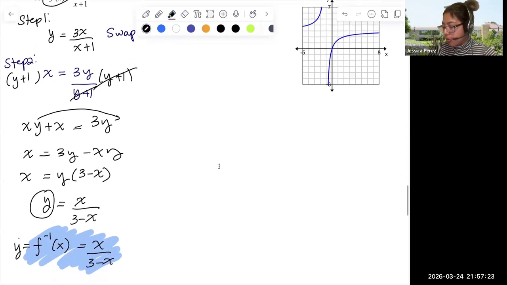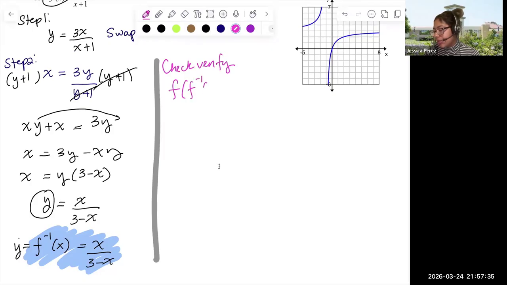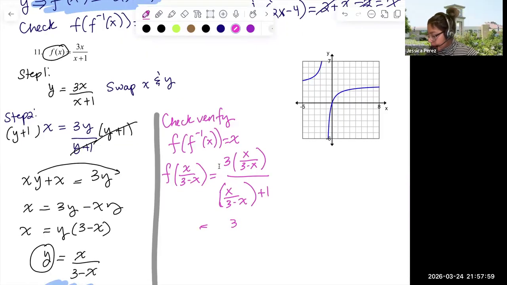And then again, after you find it, you want to test it. You need to check or verify that f of f inverse is exactly x. So it's going to be f of x over 3 minus x. It's going to be 3 times x over 3 minus x, over x over 3 minus x plus 1. Now, this is going to give you 3x over 3 minus x all over x over 3 minus x plus